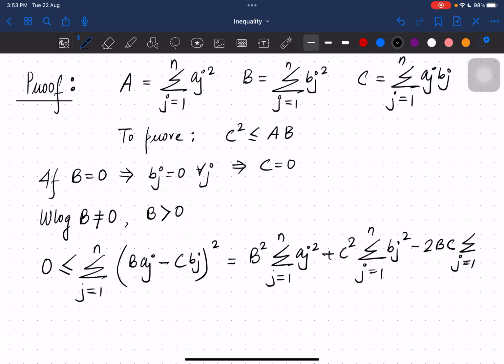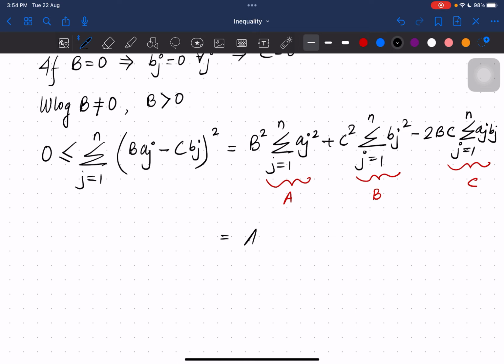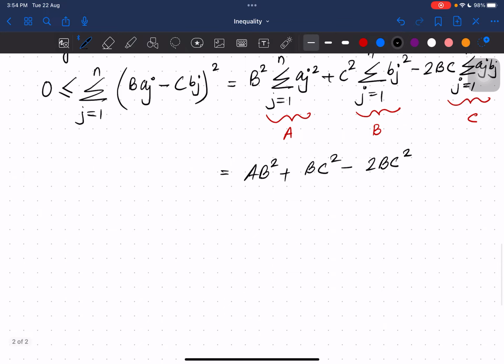summation j equals 1 to n a_j b_j. Now this part is nothing but A, this part is nothing but B, and this part is nothing but C. So what we actually have is AB squared plus BC squared minus 2BC squared. Now from each term, so 2BC squared and BC squared, here we can simplify,